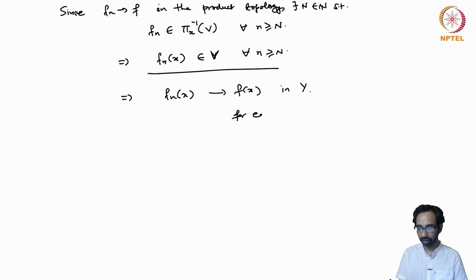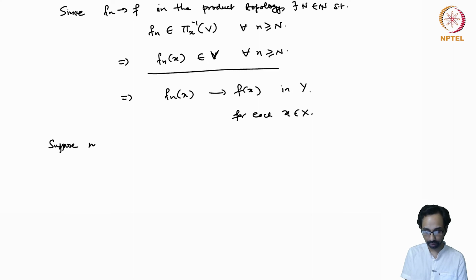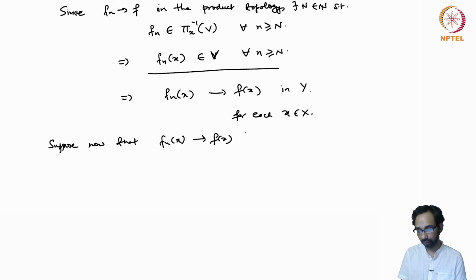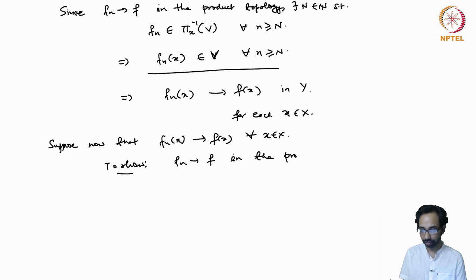Because we chose our x arbitrarily, this is true for each x in X. So this proves that fn x converges to fx for each x. And now for the reverse implication, suppose now that fn x converges to fx for all x in X, and we have to show that fn converges to f in the product topology,